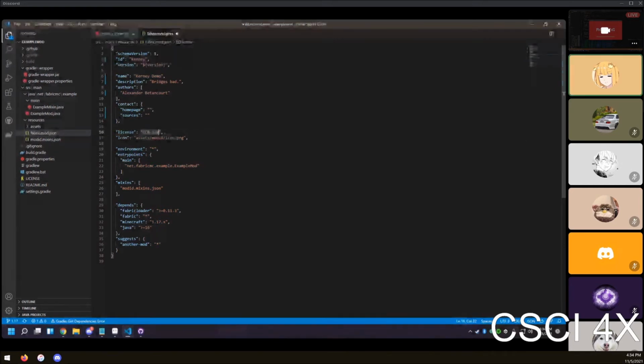Plus, you can do licenses as well. For example, if you want people to distribute the mod, make it run under a certain license, you can do that. I don't really care, so I'm going to set it to